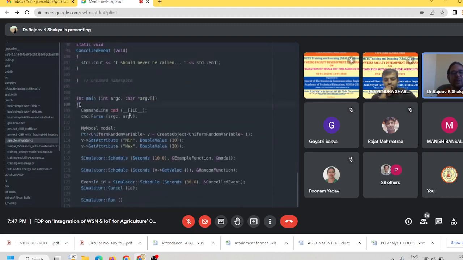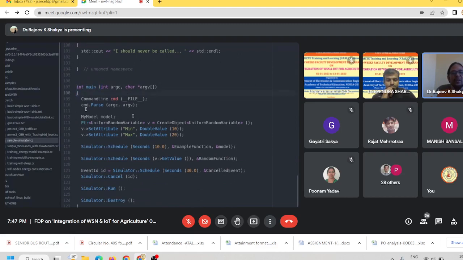The start of the simulator will be from the int main. So the main function will be the start of the simulator. In the main is the initial point where the simulator will start to run. So here we have defined the model, my model. Then we have defined the variable